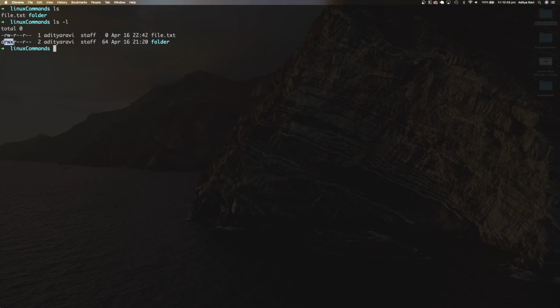The next three characters indicate the permissions associated with the user or owner of this folder. So my user has permissions to read, write, and execute the contents of this folder. And execute just means being able to cd into the folder. The next 3 characters indicate the permissions associated with the staff group, and it says that anyone who's a member of the staff group can read the contents of the folder, but they cannot write to or execute the contents